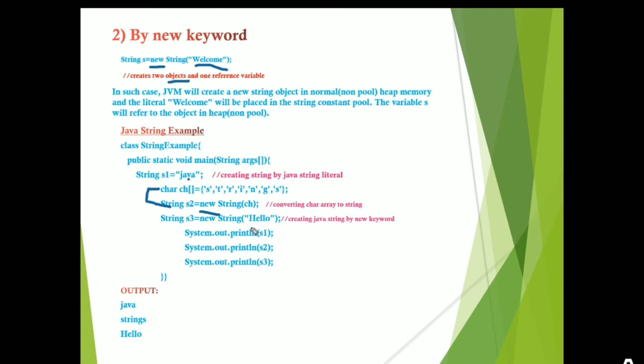And when we are printing s1, it is assigned with Java, so it prints that. When we are printing s2, the character array is converted into the string and it holds the string, and next s3 holds hello. They can be assigned and printed in the print statements. Like this, in different methods we can create strings in Java.